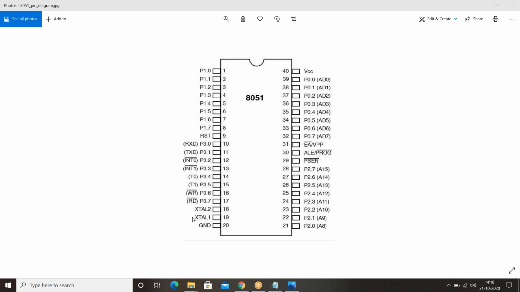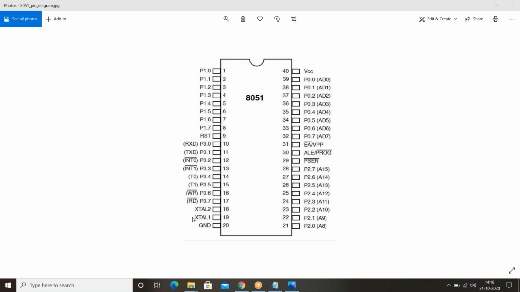Coming back to this pin number 29, what is the use of this pin number 29? PSEN, which we can call a program store enable pin. Okay, which is used to read the external program memory. This pin is used to read the external program memory. This is the only use of this program store enable pin, which comes under pin number 29. Coming back to this pin number 30. Okay, guys, so we'll discuss this pin after discussing port 0.